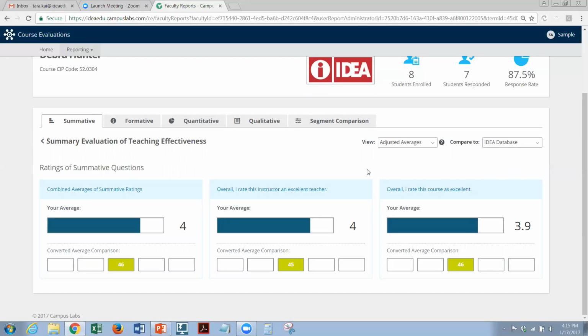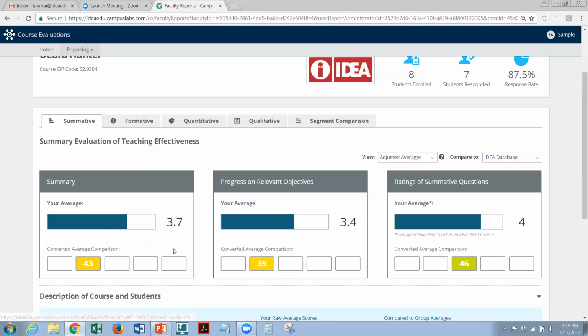And again, whatever page you go to, you will always be able to see the average and the converted average. And I'll talk about that when I go back to the main page. So that's these three boxes. So the summary, the progress on relevant objectives, and the ratings of summative question takes the average of those two questions, which is excellent teacher, excellent course, and it gives you that number. So on this page,